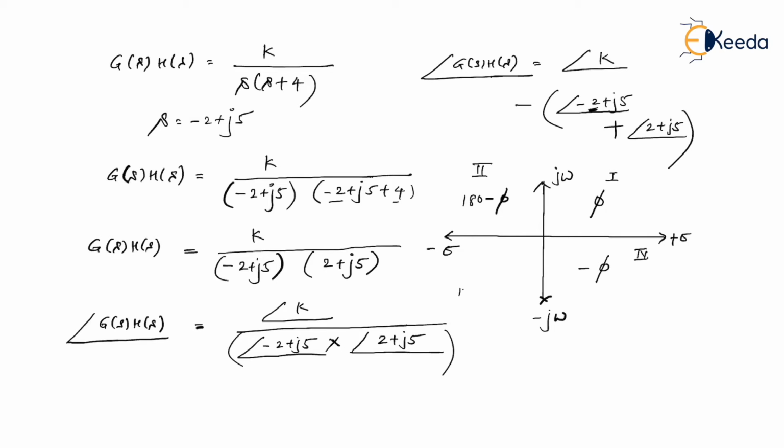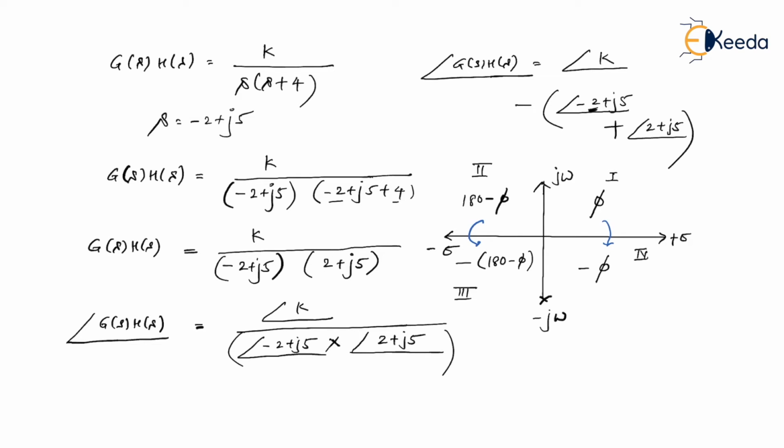And whenever you are in the third quadrant, that is, real as well as imaginary, both of them are negative, then you have to take minus of 180 minus phi. As you can see, it is just the inverse of this. The moment you cross the x-axis, it is just becoming the negative of the angle which is just above its quadrant, okay?